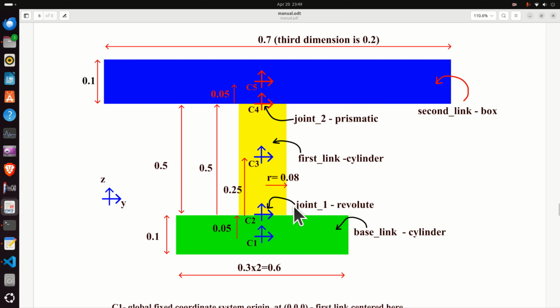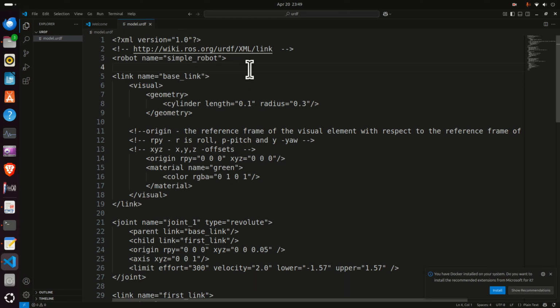Between the base link and the first link, we have joint 1. It's a revolute joint that can rotate around the vertical z-axis. And we have joint 2, which is a prismatic joint, and this joint is used to provide a translational motion between second link and the first link, and we need to implement this geometry. So let's start immediately. Okay, so let's go back to the Visual Studio Code and let's explain what is written